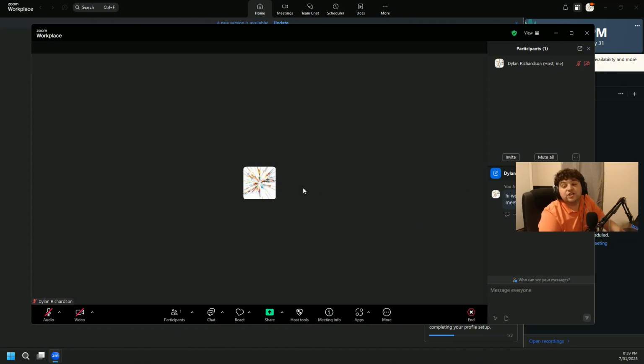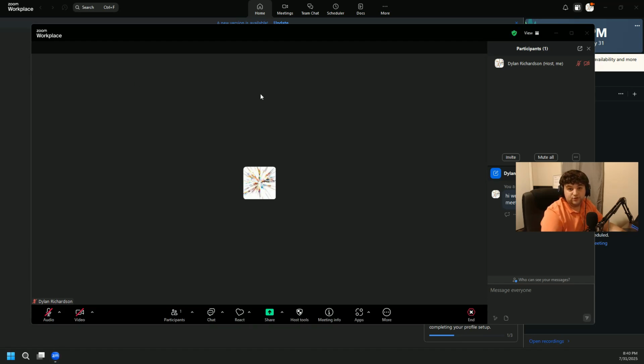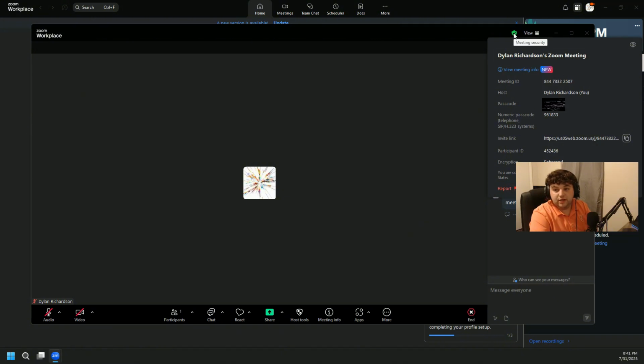And in just a second here, I'll get my volunteer in here to show you what it looks like on the other end when someone joins your meeting. You can also join through your phone, which is what I'm going to do right here. Usually if someone needs to provide a meeting ID, it's up here in this little shield button. And my meeting ID at the current moment is